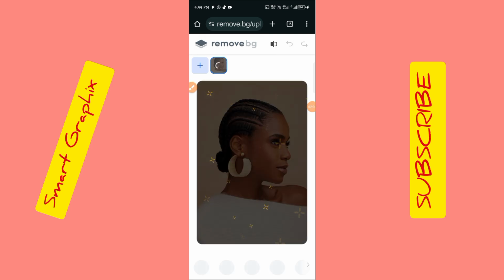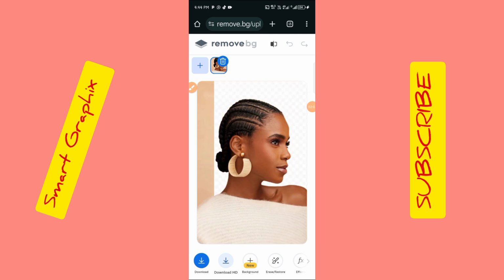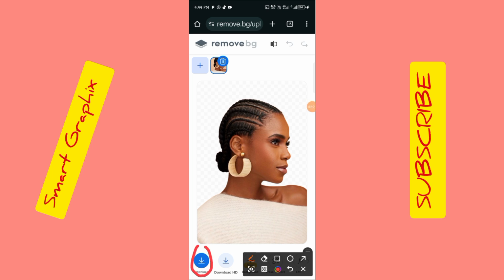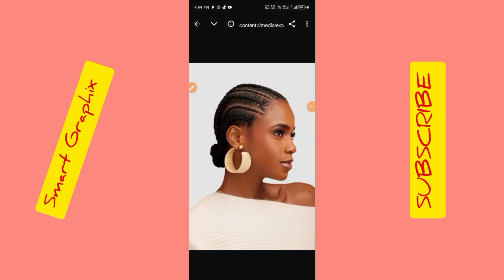Then when the network is good, you see it is processing. See, the background has been removed nicely. Then you come and tap on download here, then download, wait for it to download. It is now done. You can tap on open, and you find it here, or you can go